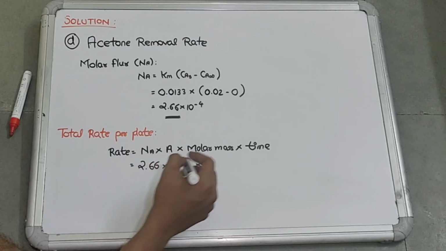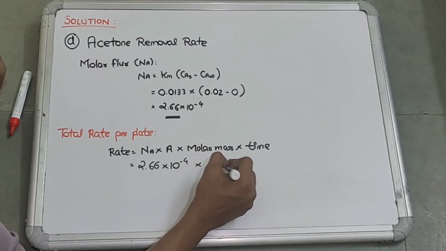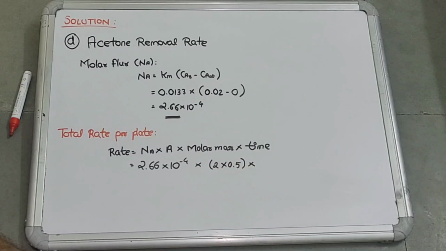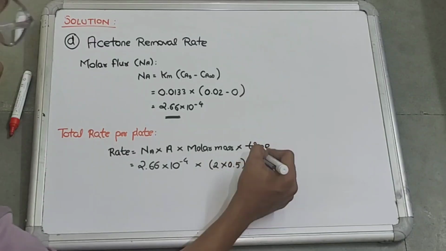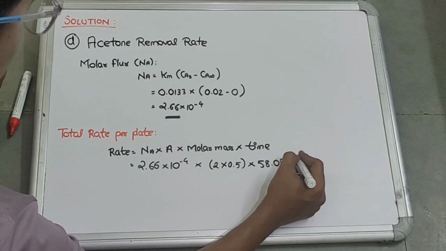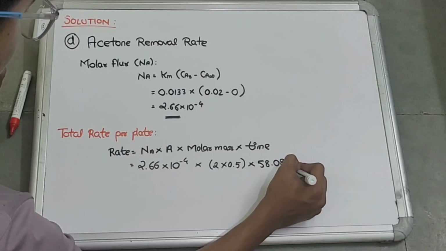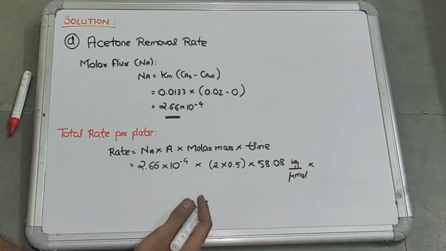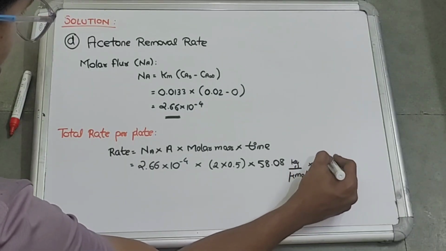Area is given to be 2 into 0.5 meter square. Molar mass is given in the question as 58.08 kg per kilomole. And the time is given as 3600 seconds,